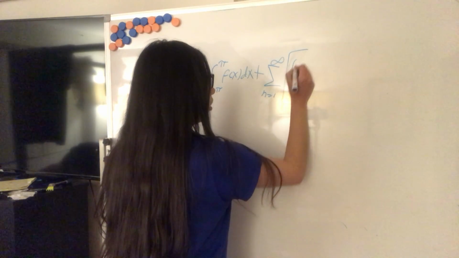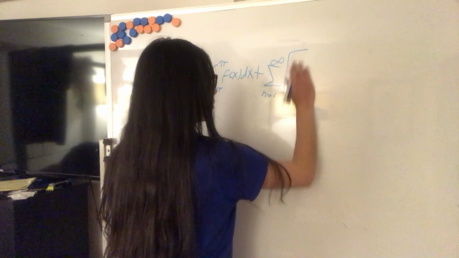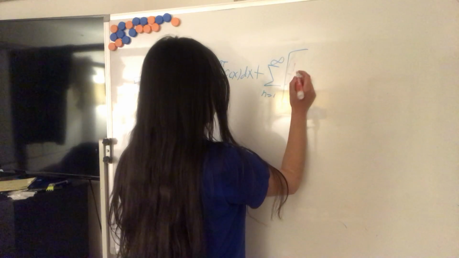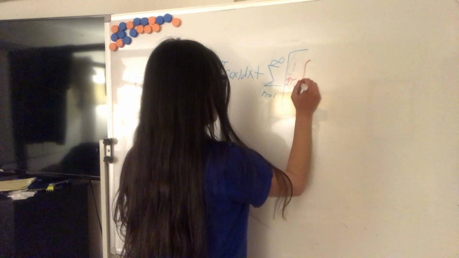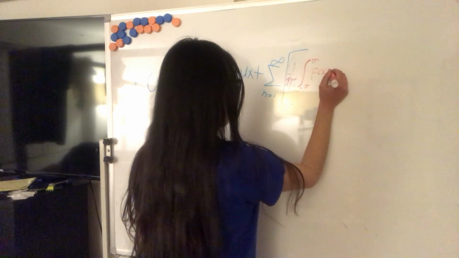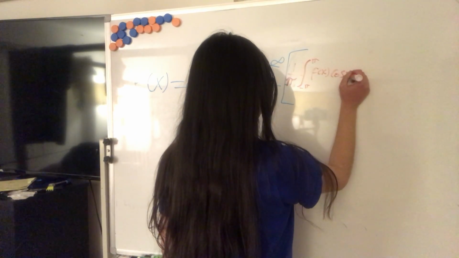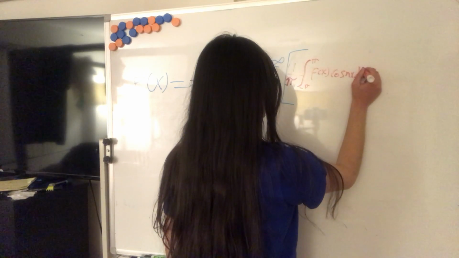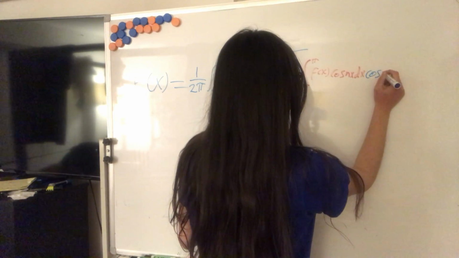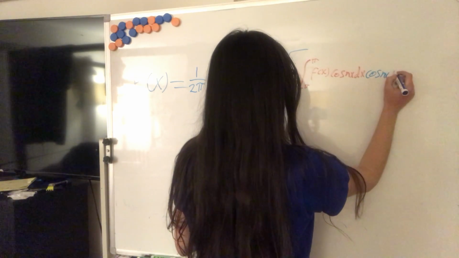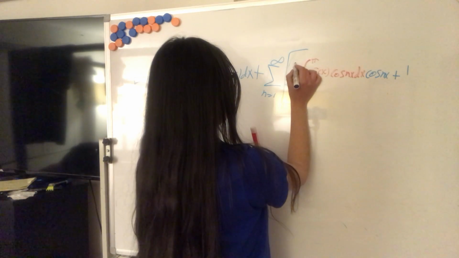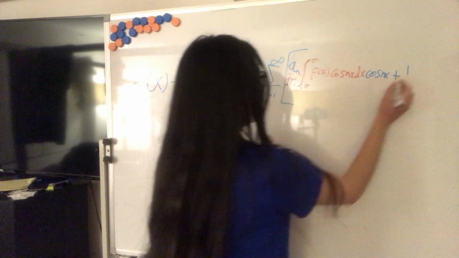1 over pi times the definite integral from minus pi to pi of f of x cosine of nx dx, and then times cosine nx, times a sub n, so a sub n plus